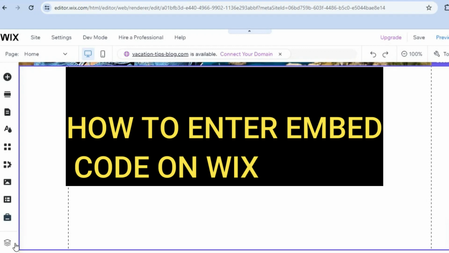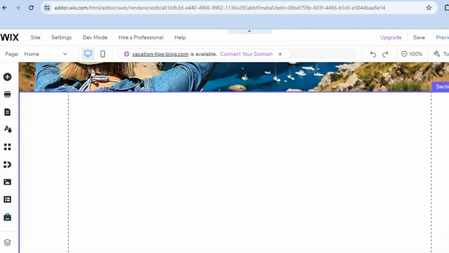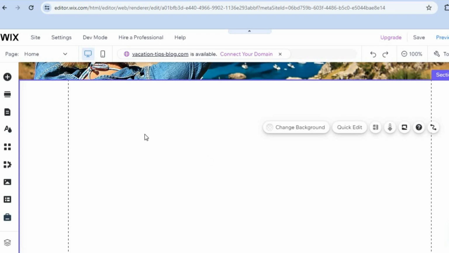How to enter embed code on Wix website. The first thing you want to do is select the section that you're going to embed your code. So let's say, for example, right here. After doing that, you're going to go over to the top left hand corner and you're going to tap on